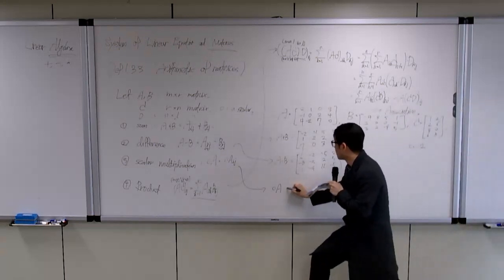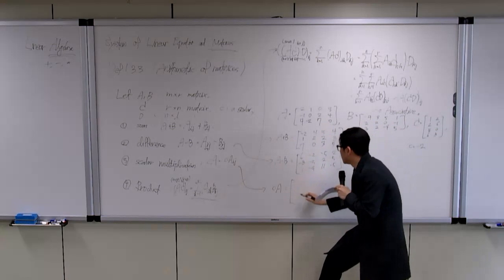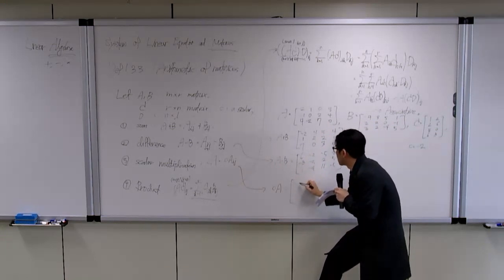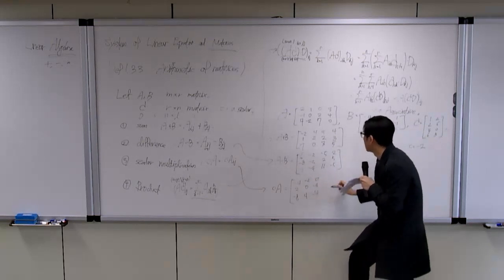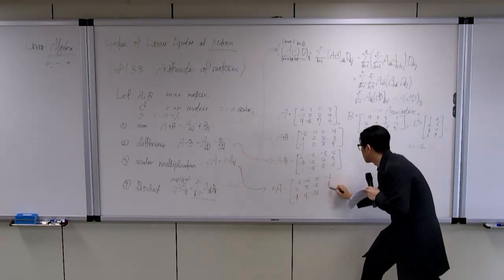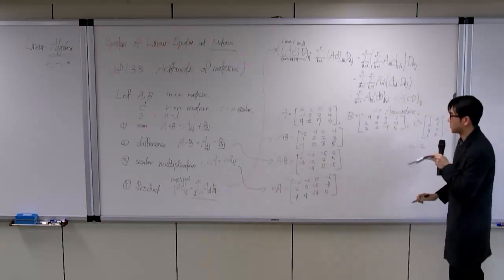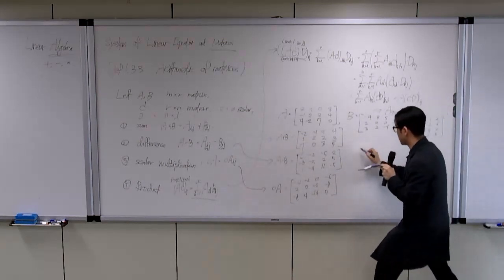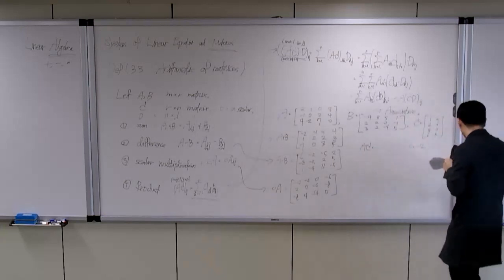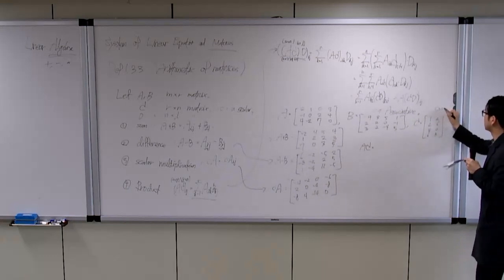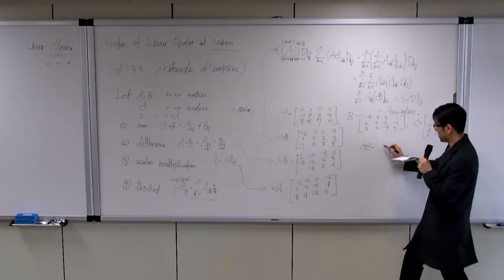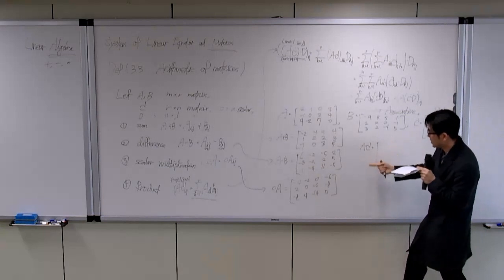Then each entry will be multiplied: minus 2, 4, 0, minus 4, minus 14, minus 6, minus 8, 0. And the multiplication will be done